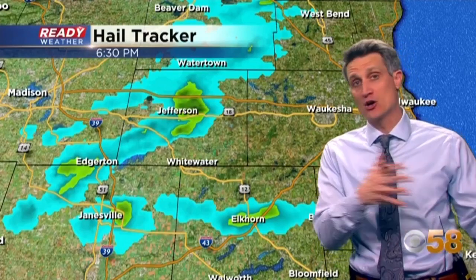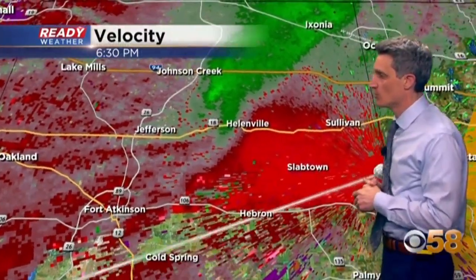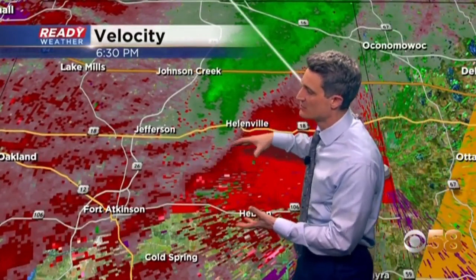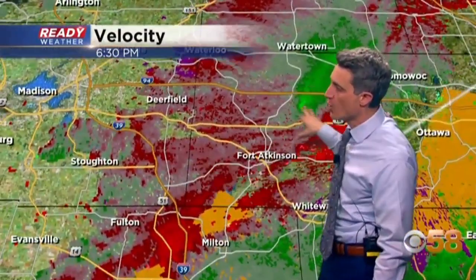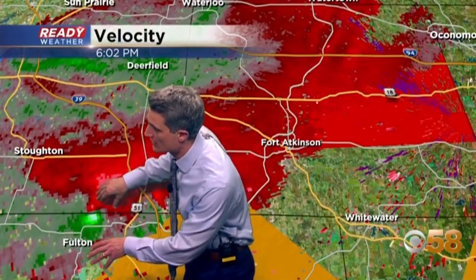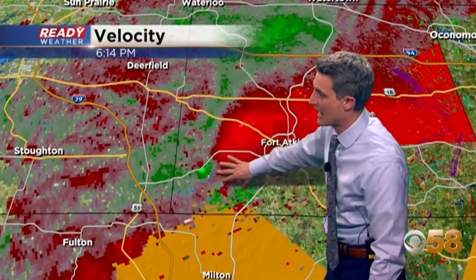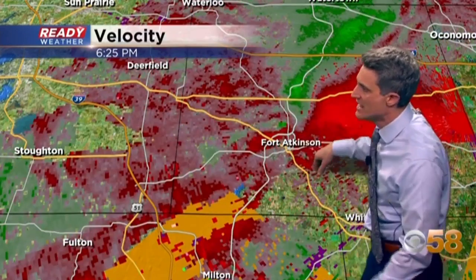But as we flip back over to our velocity product, which we've been looking at on and off over the last hour or so, we're just not seeing that couplet that we had. Correct. And maybe, Sam, if you want to go back, just to let people know what we've been watching, because I think it's very easy to see, folks. This is the couplet we were watching with that tornado on the ground. So right there, we had high confidence, started to weaken as it moved into Fort Atkinson,